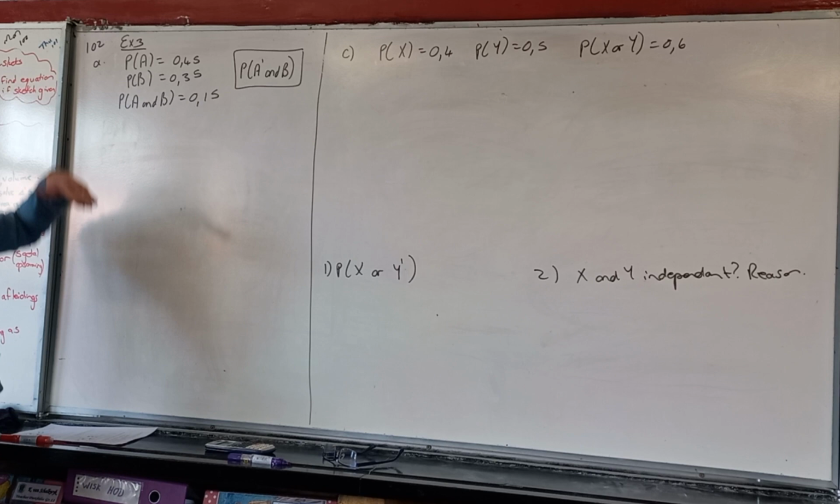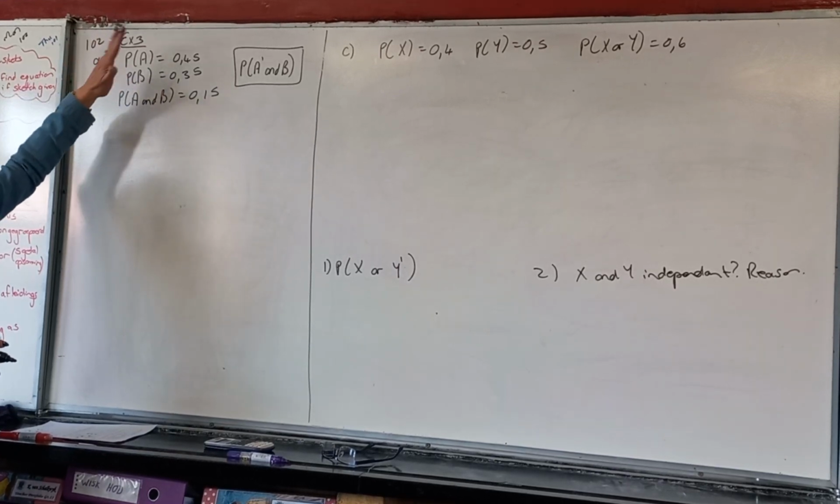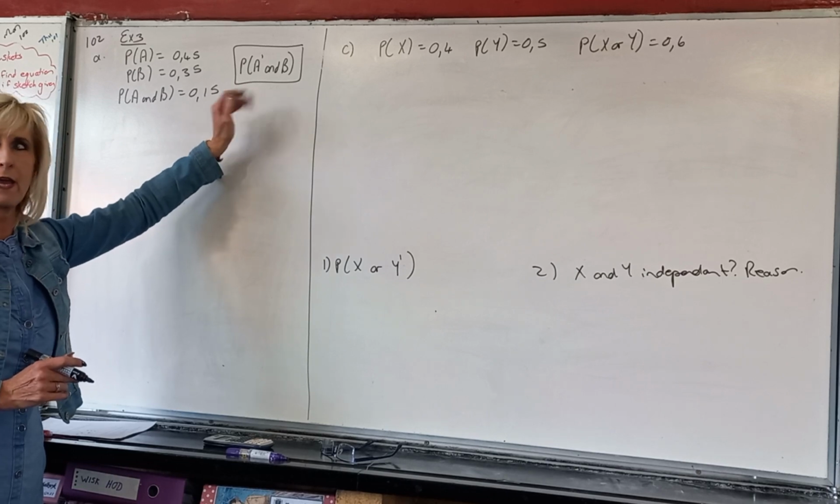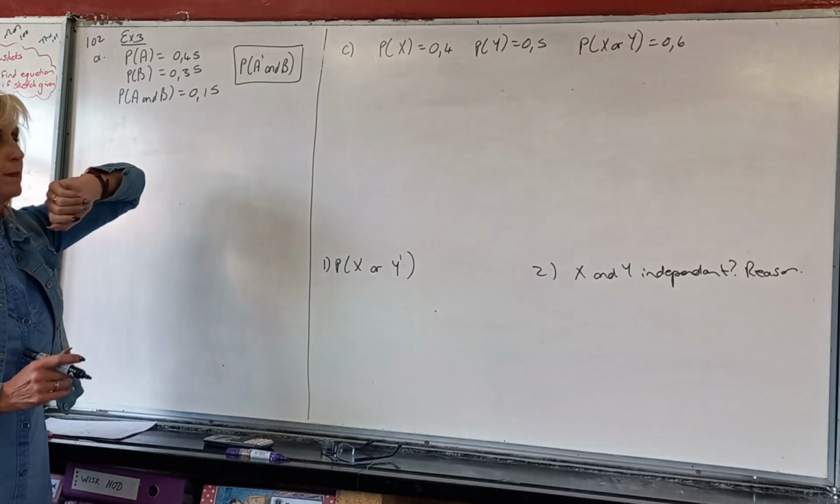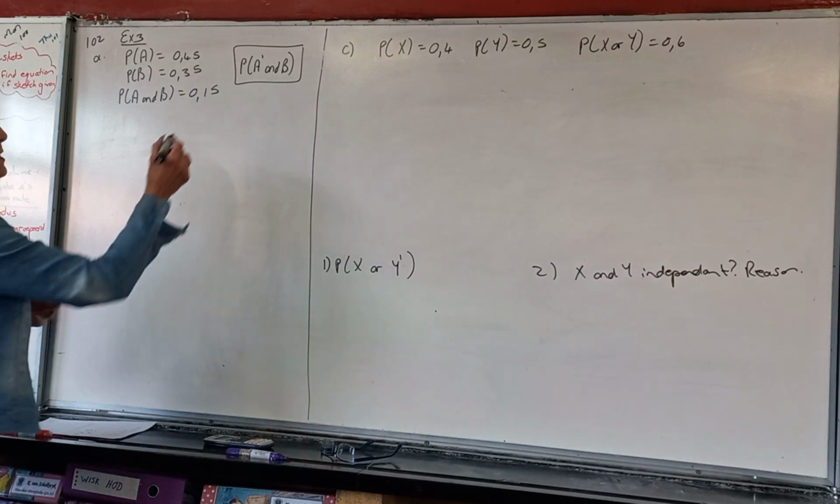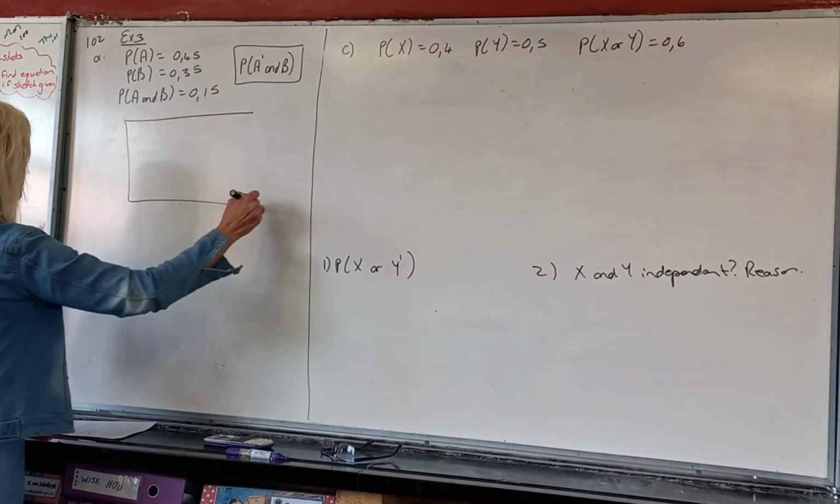Number A says, I give you probability A, I give you probability B, I give you the and, then I want the probability of not A and B. Now you can go do lots of stuff, but I said to you, if you can use a Venn diagram, it helps you, right? So if I had to go show that on a Venn diagram without being told,